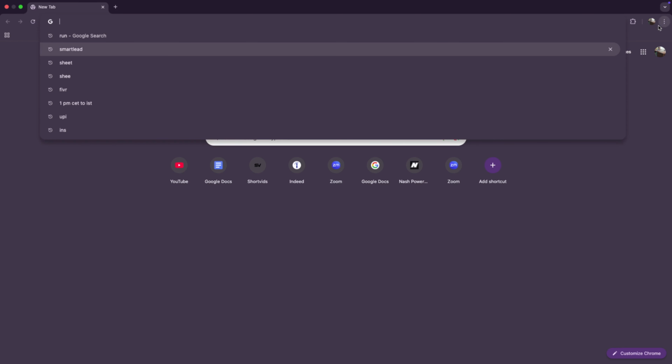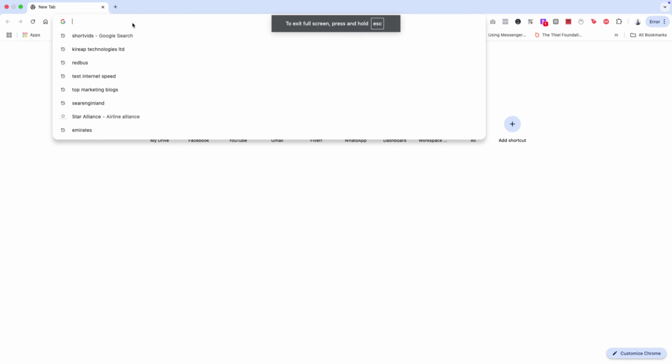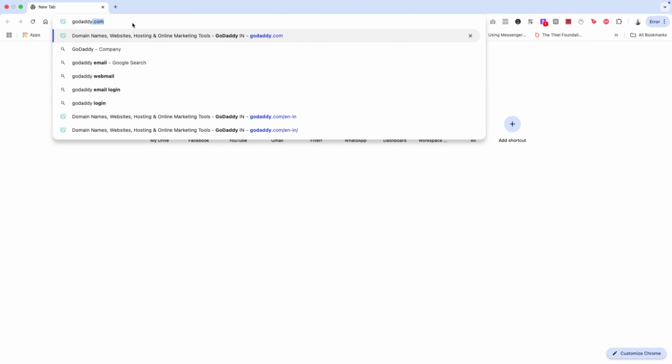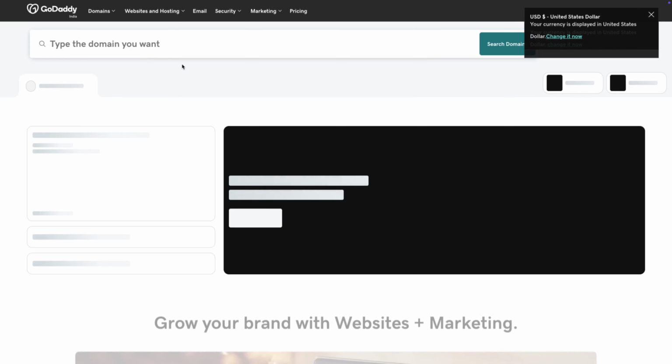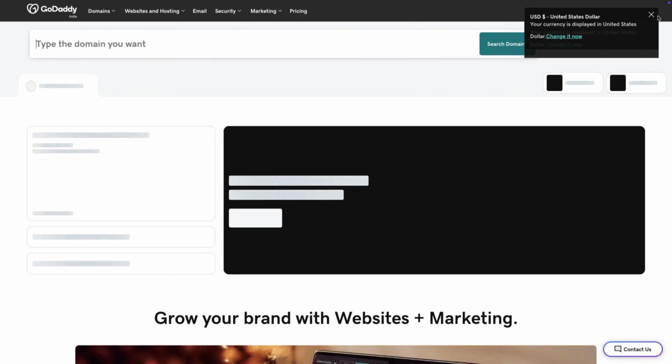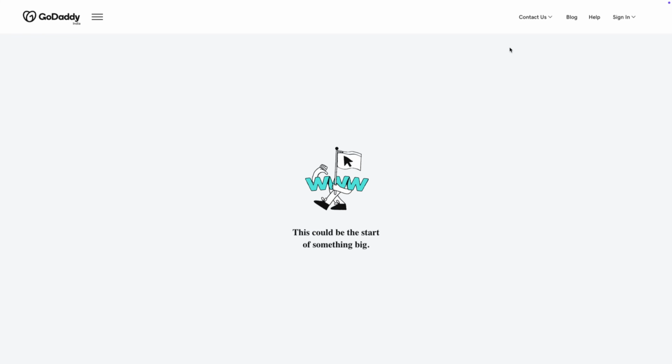So the best thing I would do is go to my domain buying site. I use GoDaddy to buy my domains, but you could use anything that you want. This is the very first step of how you could do it. I'll go on GoDaddy.com and buy a domain. Let's say this business is called Short M, so I'll buy something like shortm.